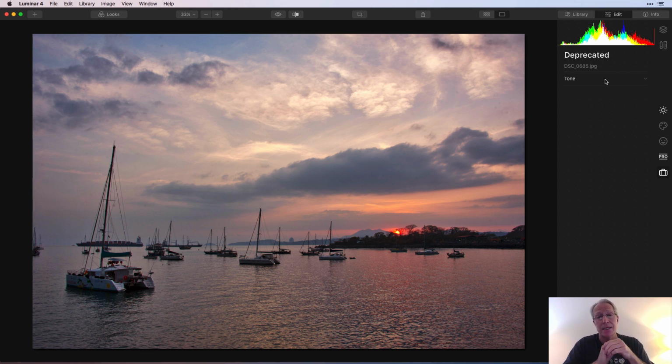I cannot, without the use of a preset that includes tone, get access to the tone filter. What Luminar 4 is basically doing is saying, hey, this filter is going away. So my guess is in Luminar 5 or whatever, you're not going to have tone and you're not going to have access to it. So even though you can get access to it sort of accidentally in Luminar 4,